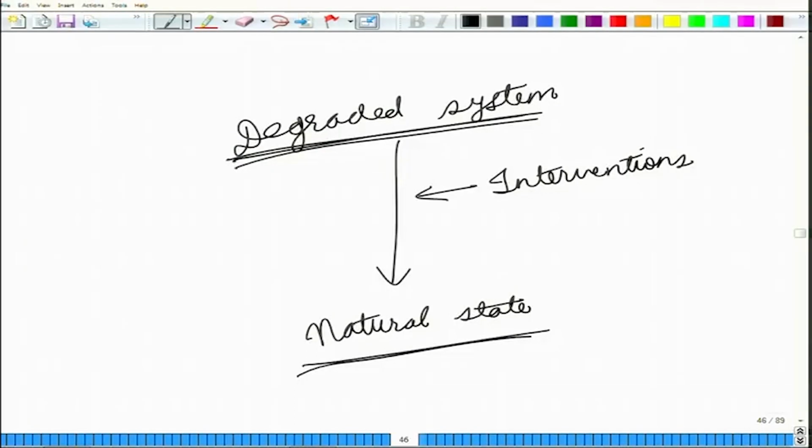in that case there would be a number of bird species that would become more and more dependent on lantana as a food source. Now, later on if you try to remove lantana, you will also be getting rid of all those bird species, because they changed their niche and they are now using this lantana as food, whereas their ancestors were not using it as food. So, if your degraded system has become a norm, you need to keep a check on the amount of interventions that you are ready to do.